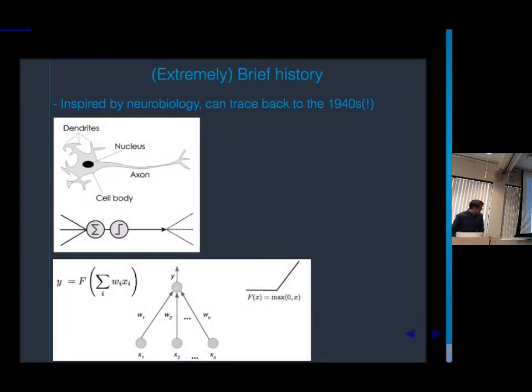Okay, so I'm not going to really go that much into the history of neural networks, but just an extremely brief breakdown. The reason that these things are called neural networks is because they have a biological inspiration. The idea being that your brain is made up of all these neurons, and each one individually is extremely simple. All it really does is take some sort of input current and output some sort of other output current. But in combination, if you have billions and billions of these units, they can learn to represent and interpret really complicated patterns. So that's basically the intuition behind why this thing is called a neural network.